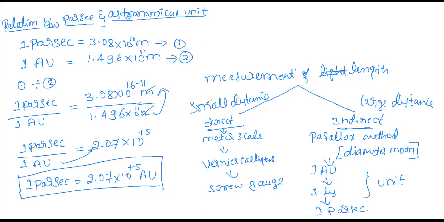Then coming to the measurement of mass. Measurement of length is done. There are 3 fundamental physical quantities, the first one is length. Length is complete. Next one is mass, the third one is time. These are the 3 fundamental quantities, in total 7 fundamental. Under that, the main basic ones are length, mass and time. We are going to discuss about the length and here the measurement of mass.